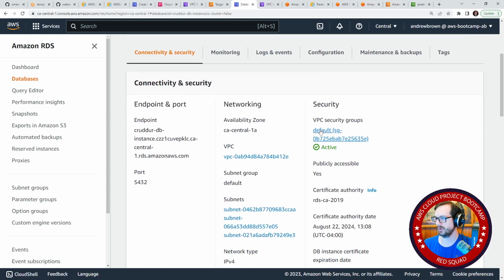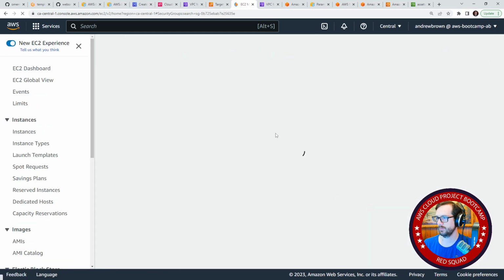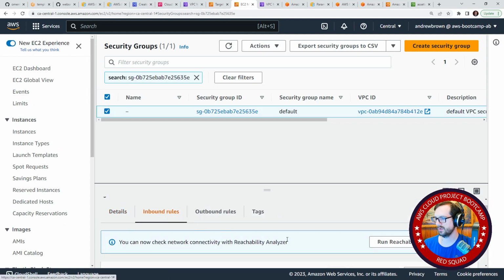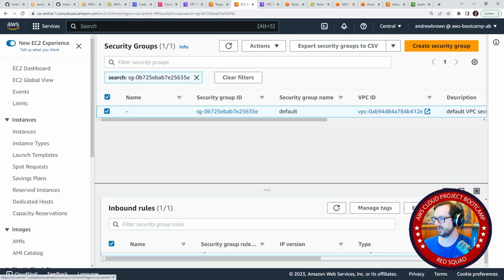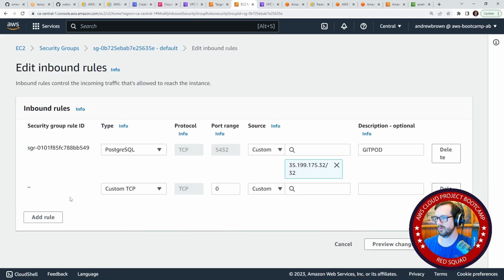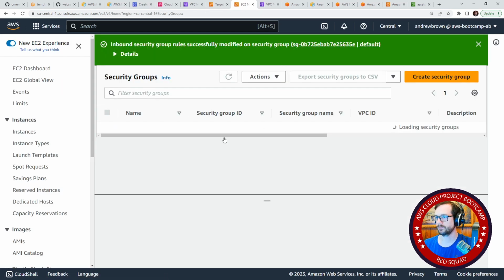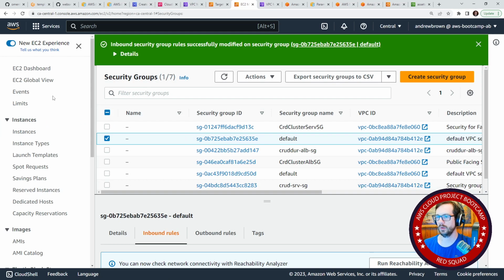So I'm going to go into here, into the default security group here. And I'm going to edit these inbound rules. And we'll manage the edit inbound rules here. And I know that he had one here, and it was just TCP 5432 from anywhere. Okay, anywhere IPv4. We're going to save that. We're going to go back to